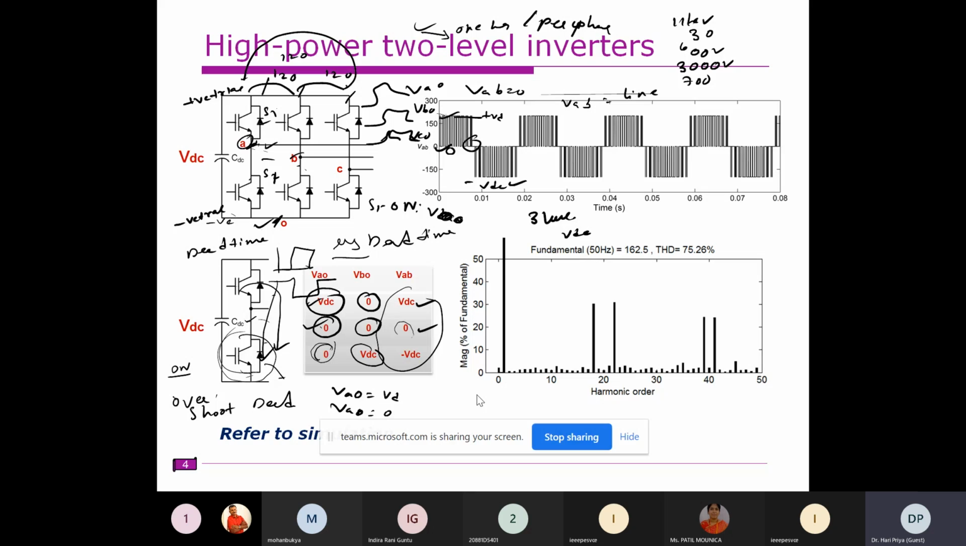If it is still not suitable, 5 level will be sufficient. That's why most of the drives, to reduce the torque ripples, stick to only 5 level. They won't go for 15 level, 35 level, or 37 level. These levels are suitable only when you go for medium ranges where the DC link voltage is 11 kV, 66 kV, or something very high,